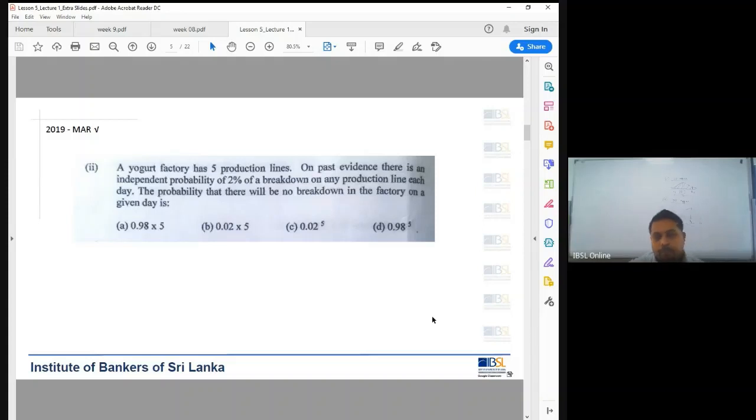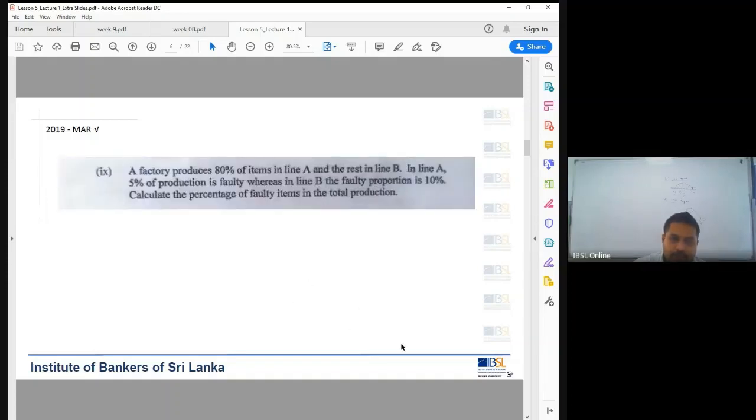The same question, if they ask what is the probability that there will be a breakdown, the answer shall be C. Every factory has to go through a breakdown. That means 2% into 2% into 2% into 5 times. In that case, the answer shall be C. This also we discussed. You can apply the Bayes theorem here comfortably